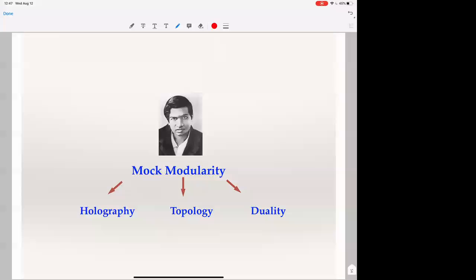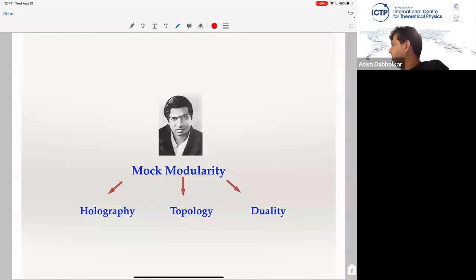Atish, if I can ask one more question. You said the analogy with holomorphic anomaly is not quite exact. What did you mean by that? Well, there have been some papers, but what I'm saying is that holomorphy is not defined by some current, no? I mean, okay. In that sense, I think there were papers in which,